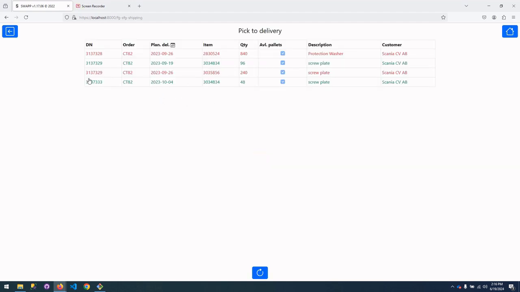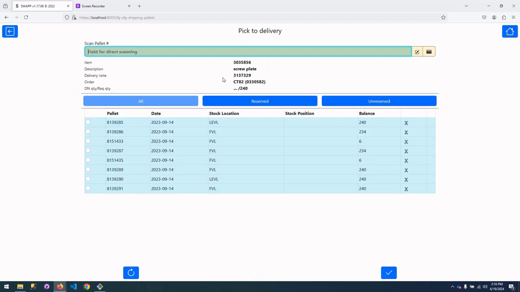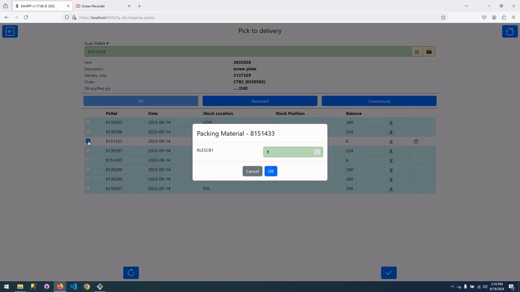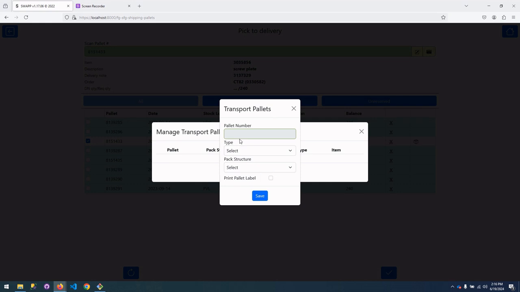Select it. Let's take a particular delivery node. Here, 240 is required. No pallets are reserved so far. Let's reserve a quantity of 6. Right now, the swap parameter for transport pallet handling is set in such a way that we will be having transport pallets. Okay, then we have a pop-up. We don't have any pallets in background for selecting, so that's why automatically the pop-up for creation of transport pallet